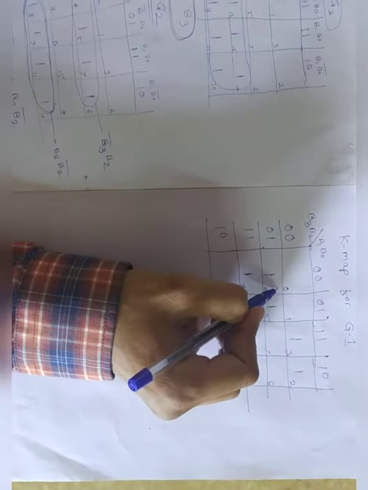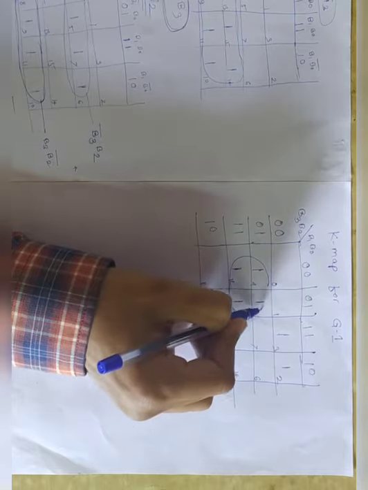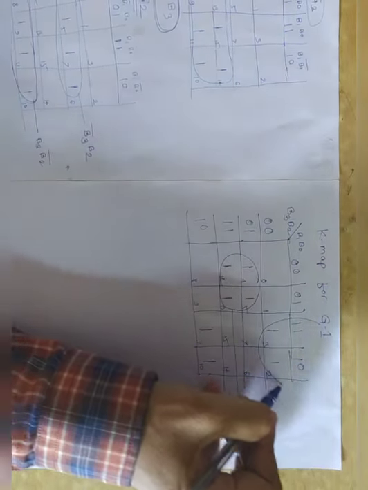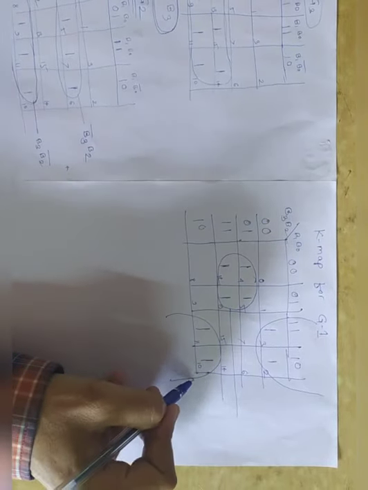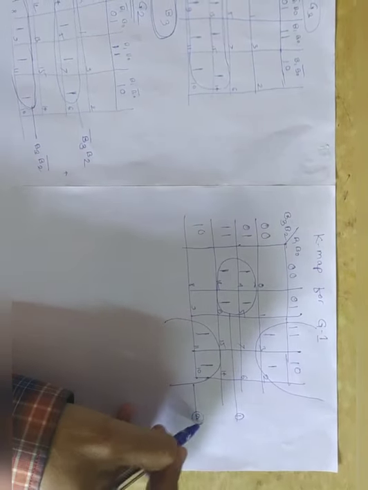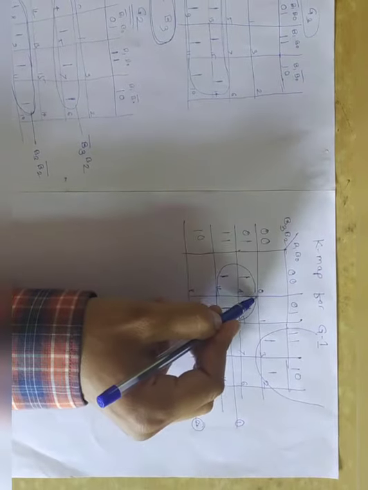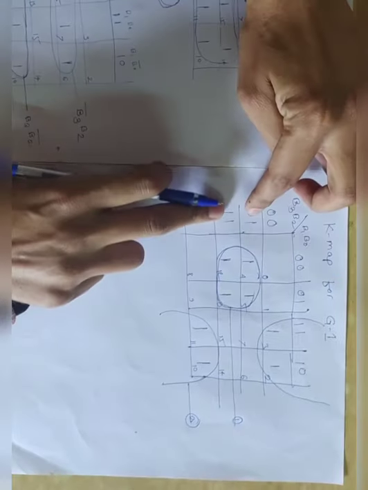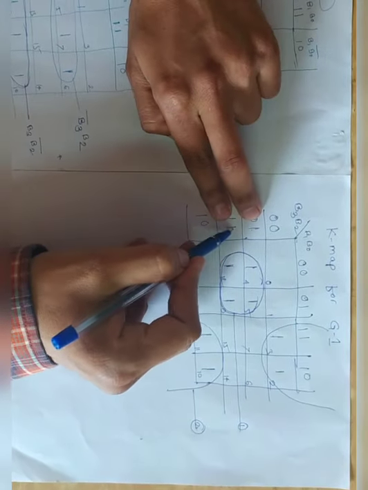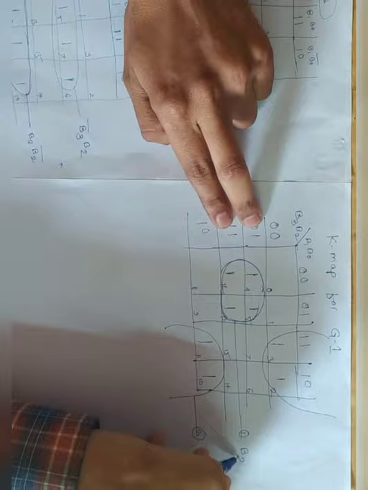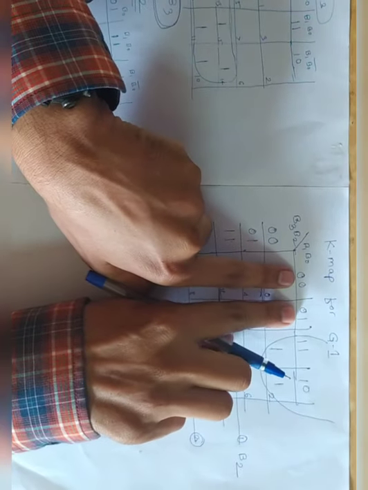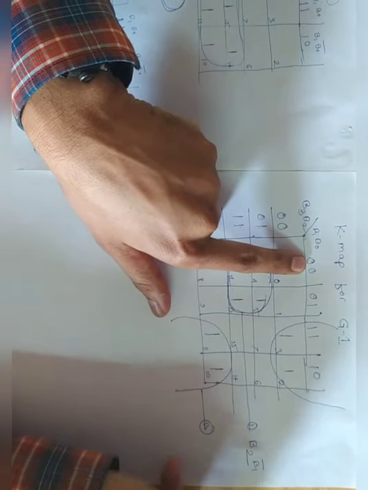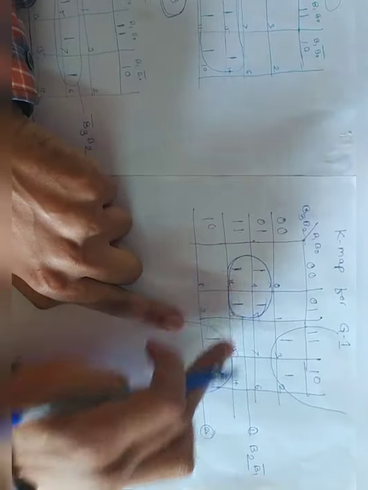Now grouping. The very first group here is a group of 4 bits. Again, a grouping of 4 bits is also possible, so equation number 1 and equation number 2. For this grouping, the equation is just taking the common from this row. 1 is common, that means B2. Now taking the common from these two, that is 0, 0, that means B1 bar. So this is the equation for this group.